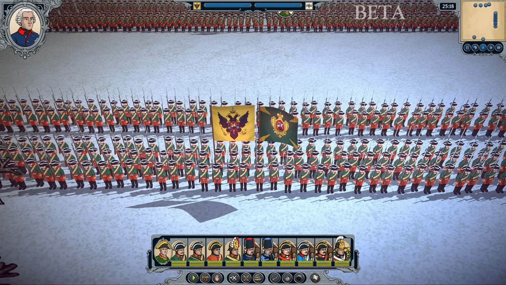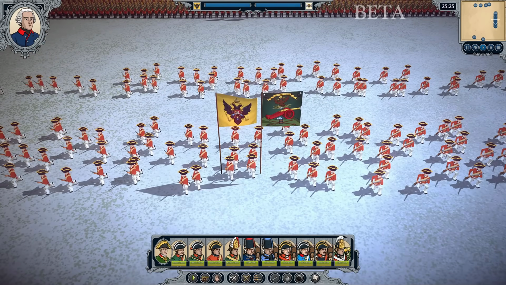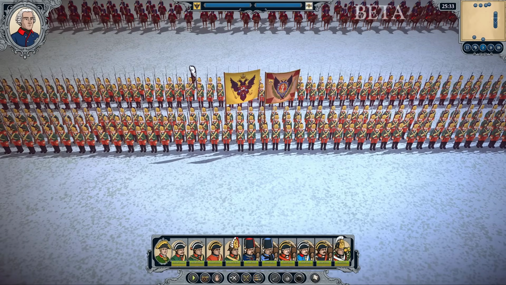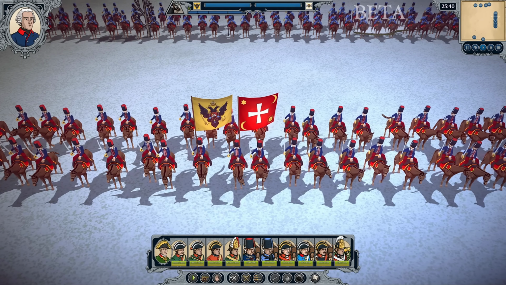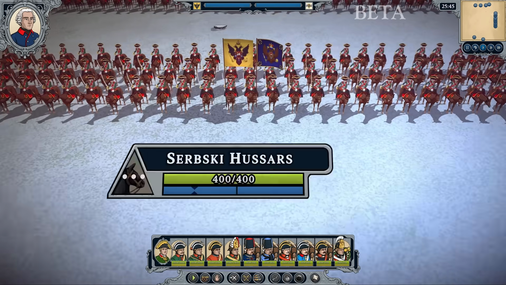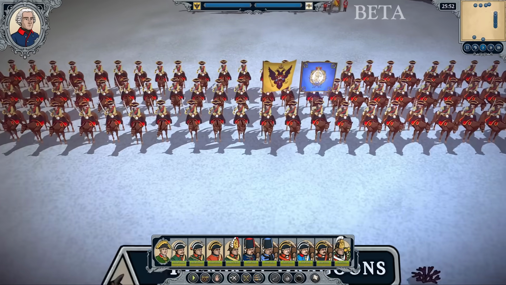Russia's 10 renowned units include the Pskovsky Musketeers, the Kievsky Musketeers, the Müller-Sokomalski Jaegers, Russia's only Jaeger unit fielded during the 7 Years' War, the very iconic Preobrazhensky Life Guards, the Chugoyev Cossacks, which Russia can field alongside their regularly recruitable Don and Slobodian Cossacks, the Serbsky Hussars, the Grand Prince Cuirassiers, the Tverskoy Dragoons, the Munich Cuirassiers, and the